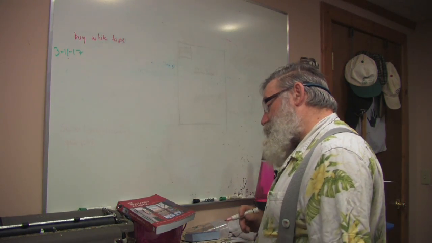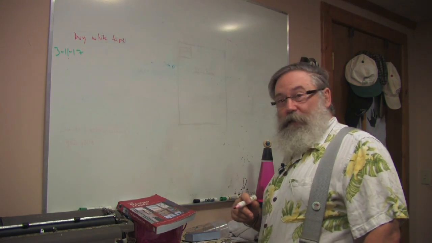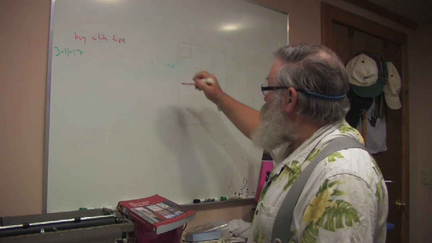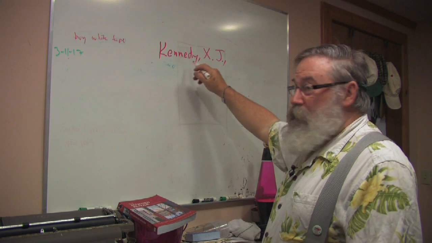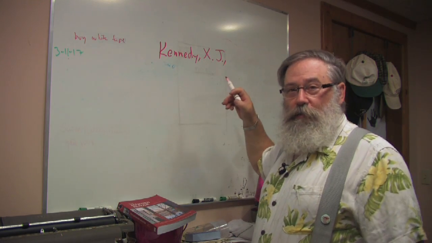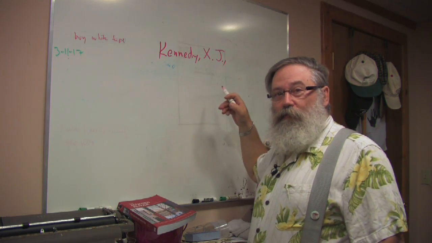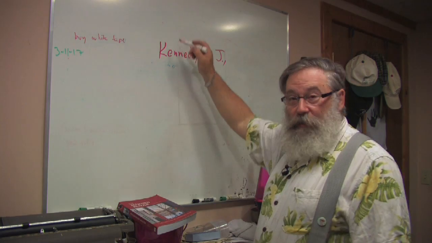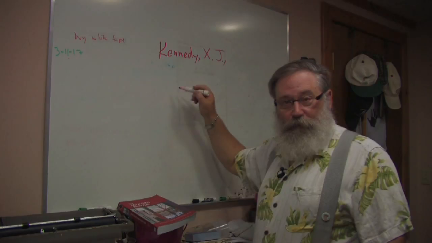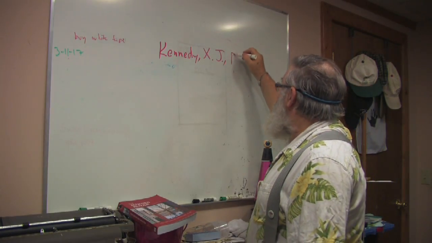The authors are X.J. Kennedy, Dorothy M. Kennedy, and Jane E. Aaron. So we start with the first one. Comma after the name, last name first. The first of the authors goes last name first because we're going to be alphabetizing this list in our list of sources. Then we have